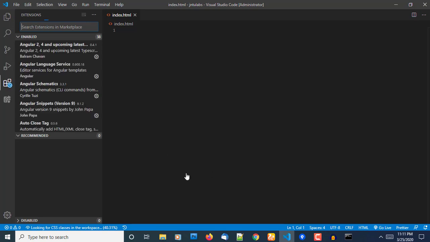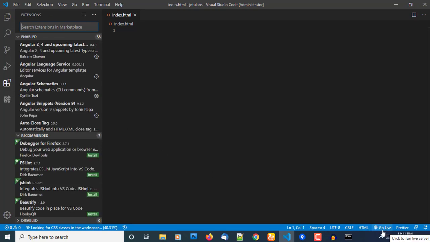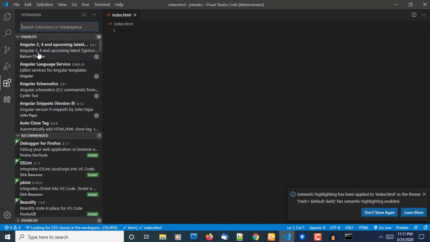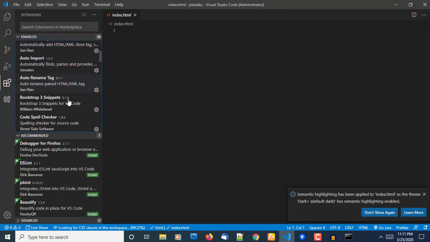Before going to extensions, let us create one file, index.html, right? So HTML, only HTML we are seeing. Bootstrap, jQuery, CSS, these all are HTML files, okay? Just click on this icon, you can find there are